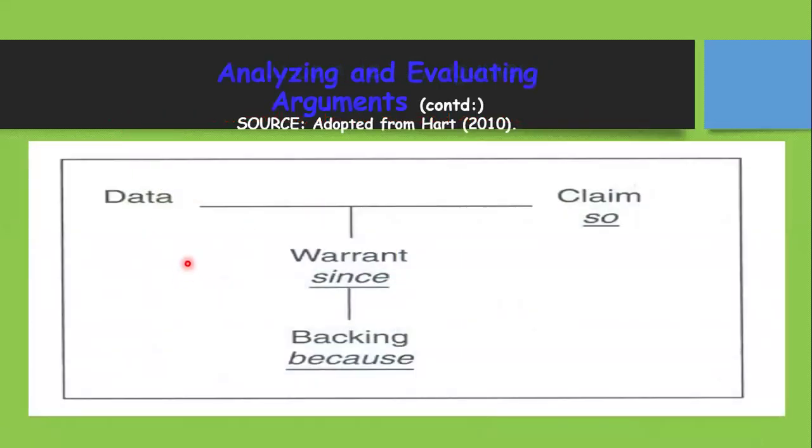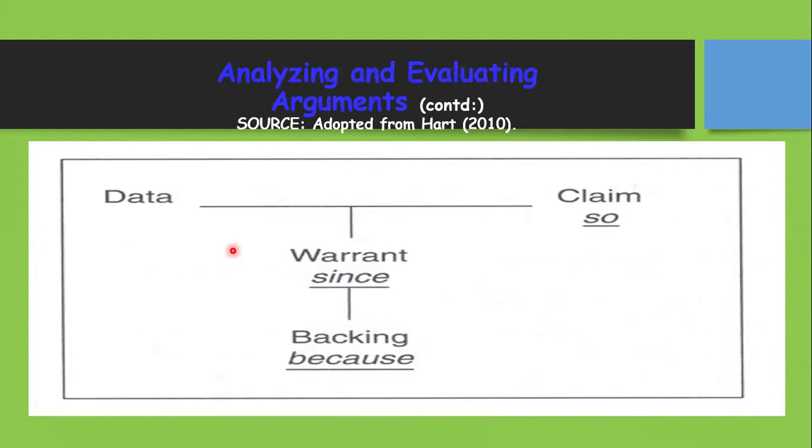So what we are trying to do is analyzing and evaluating arguments. Data needs to be used in order to make a claim. When you attach data with your claim, it becomes a warrant because you have some strong backing. For example, if I am saying that